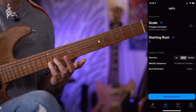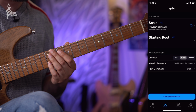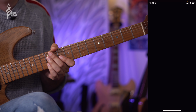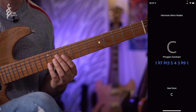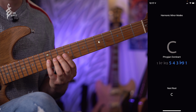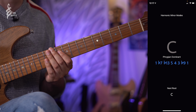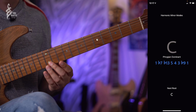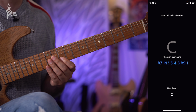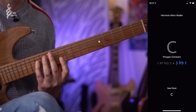So for instance, I have a C here at the 12th fret of the C string for me, but it's the 13th fret of the B string for you guys. So I can see here that if I play the 1, let me load this up on Solo so you guys can see and confirm it's right. So 1, flat 7, flat 13, 5, 4, 3, flat 9, 1. Okay, if I start with the second finger, so 1, second finger, flat 7, flat 13, 5, 4, 3 here,